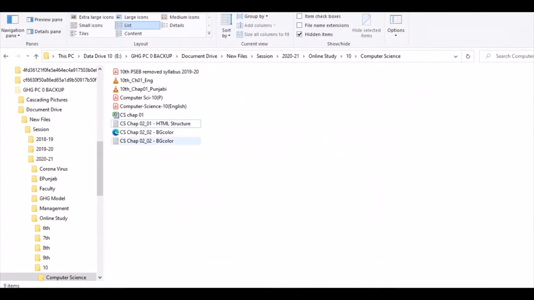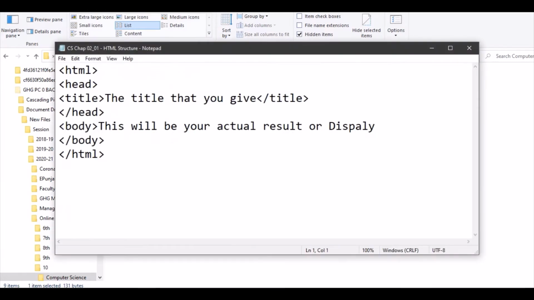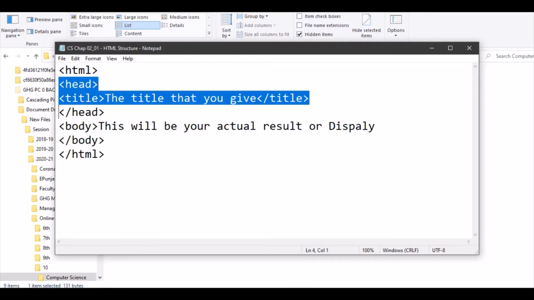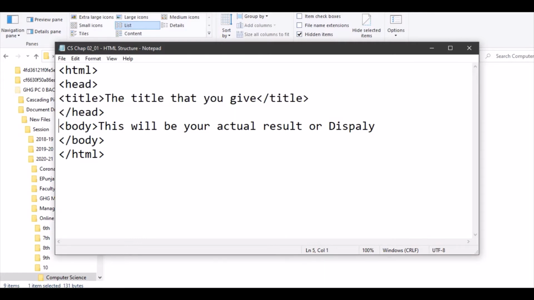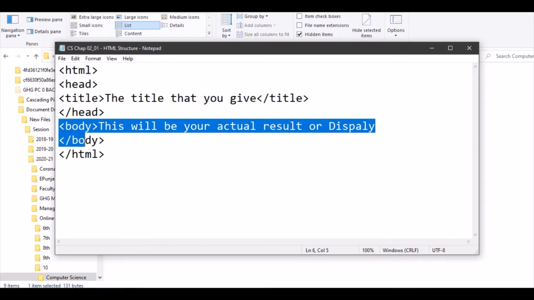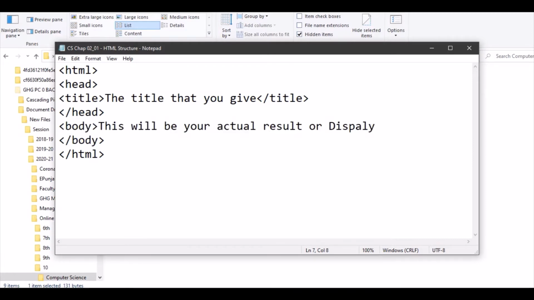For example, here is a simple Notepad file I made for you. In here an HTML page is starting, and head, this is your head portion. Now what I'm saying is, this is my body, the actual content of the page, and this is where my page is ending.